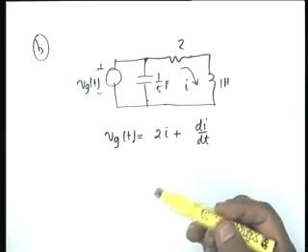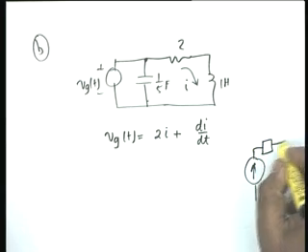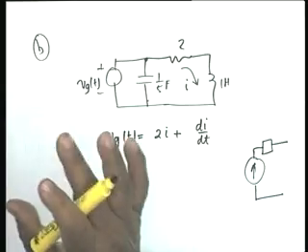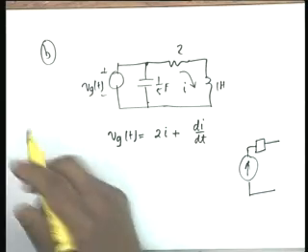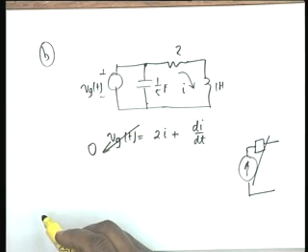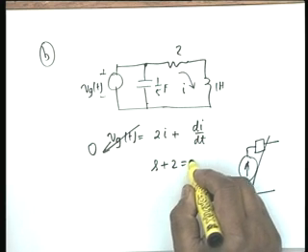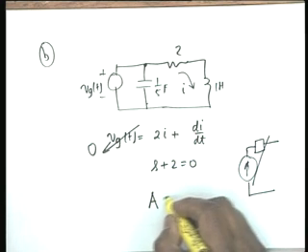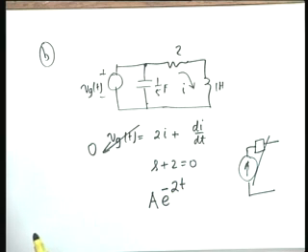Similarly, in the previous case, if we had an element, a resistance or something, in series with the current source, it would not have affected the free response. Is that clear? The free response here is obtained by putting this equal to 0, and you can easily see that the characteristic equation is s plus 2 equals 0, and therefore the free response would be of the form A e to the minus 2t. That is all.